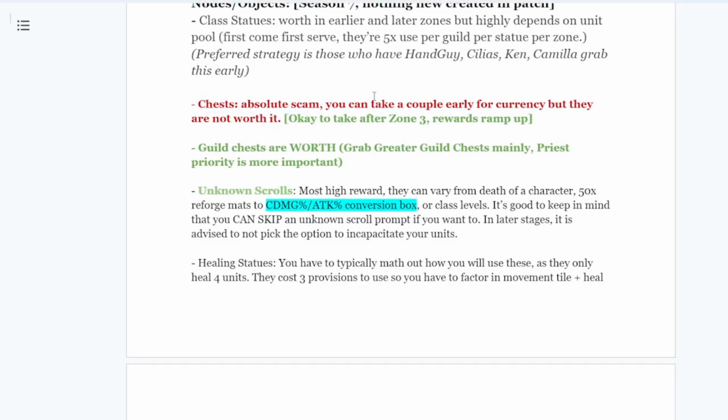Chests, guys, are a scam until about zone 3. If you actually go around looting all the chests in zone 1 and zone 2, you're actually hurting your guild. You don't really want to do that because the rewards aren't even that great. You definitely just want to help your guild clear as fast as you can to zone 3, and then you